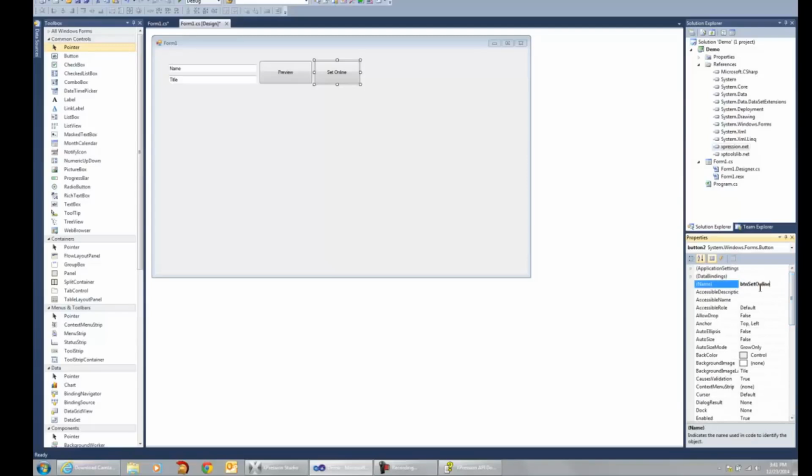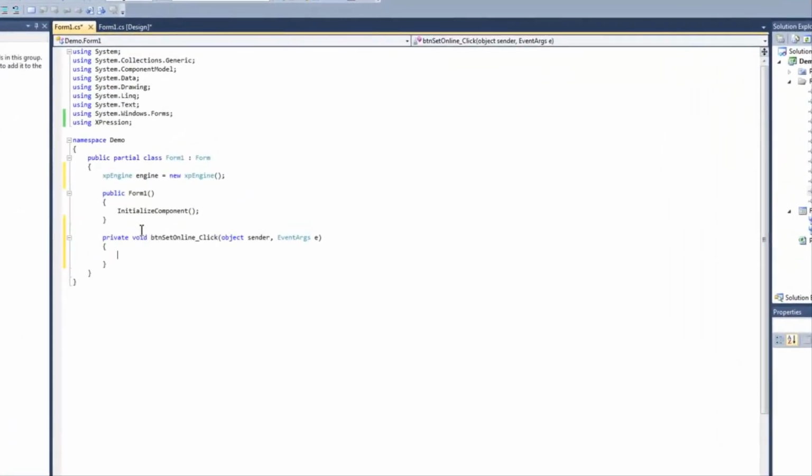And this will be the button that's actually going to put our lower third on air. I'll get to the preview functionality in a little bit, so we'll just ignore that button for now. So if I double click this set online button, we're going to get a handler function here that's going to get called when you click that button. So within here, we're going to get the lower third scene,